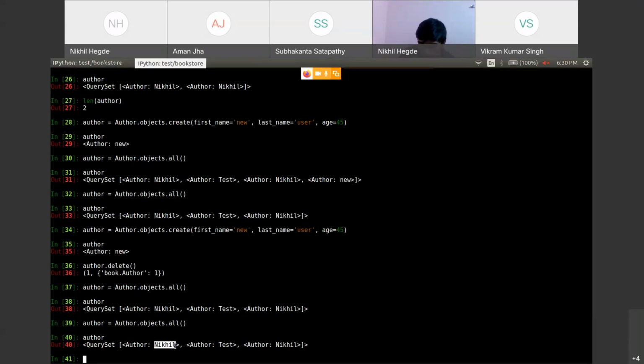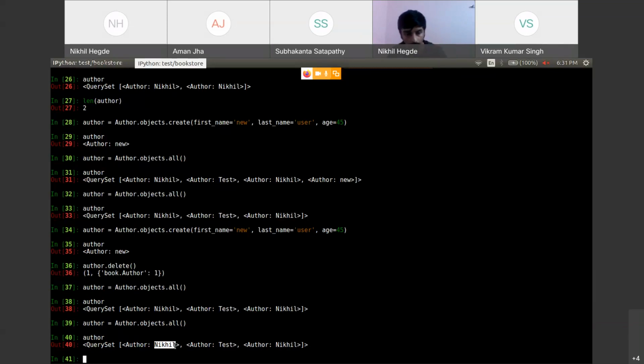You can say anything, no issue. You can use objects.get, then the filter method, then .age. I think that should work.